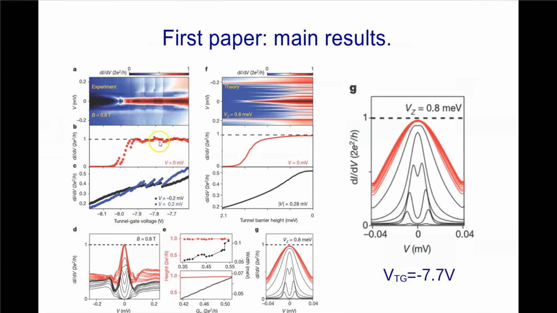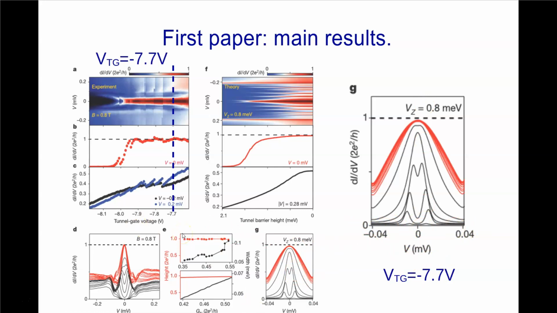You are here, and now we start changing this. Once you change this, at some point you lose the plateau, but this data shows that once you reach this point, minus 7.95, something like that, you start getting this plateau, and it stays there. And you calculate with the theory, and everything seems to work, right? So these peaks are at most height 2e squared over h. Here it is not perfect because you don't have the Majoranas still there. But at the end of the day, you have this height at 2e squared over h, very consistent, and all these curves tend to approach 2e squared over h here for EC 0.8, and this is at zero bias. Now this is a function of bias. All right,